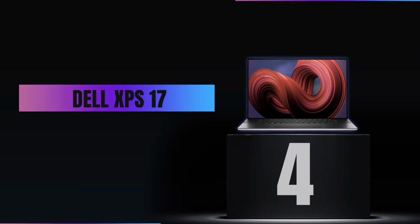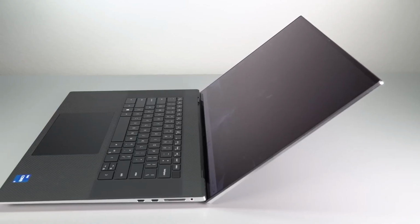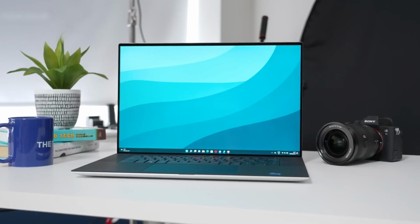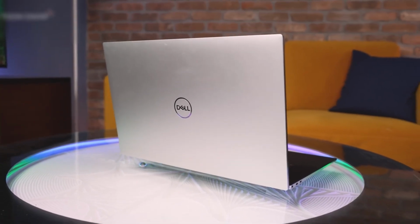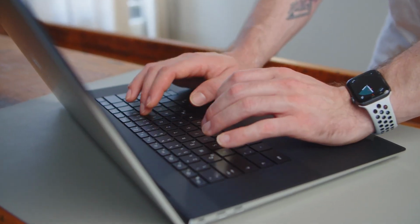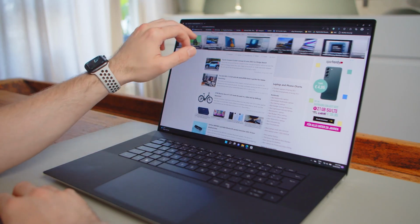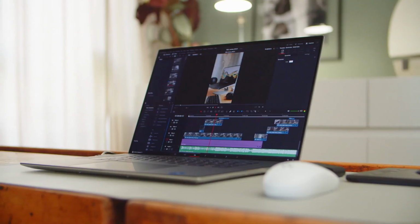Number 4. Dell XPS 17. Meet the Dell XPS 17, a true giant in the laptop world, and it's yours starting at $2,196.48. Picture a laptop that doesn't just keep up with your creative projects, but powers through them like a dream. That's the XPS 17 to you, thanks to its powerhouse 12th Gen Intel Core i7 processor. This isn't just any processor, it's a beast that speeds up to 4.7 GHz, making everything from video editing to